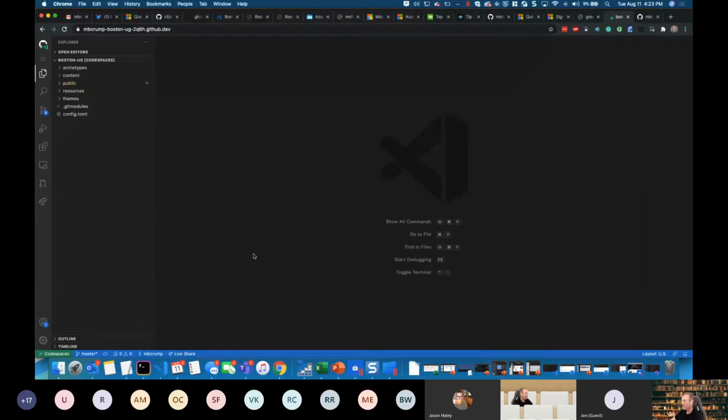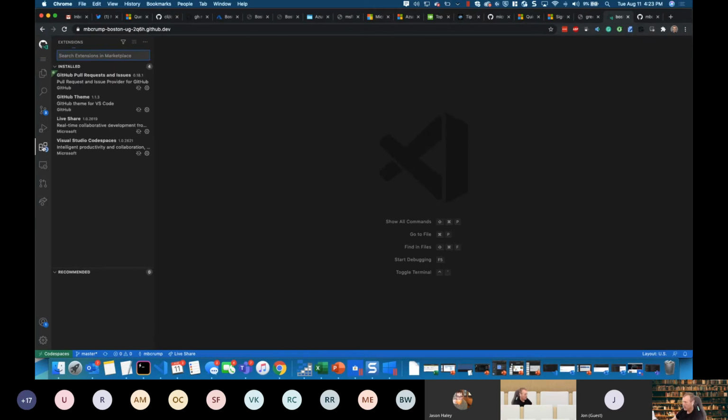And with this codespace, what's interesting is that this is basically Visual Studio Code within a browser connected to your GitHub repository that can have all of the existing extensions that you already have. It can have all of the Live Share functionality